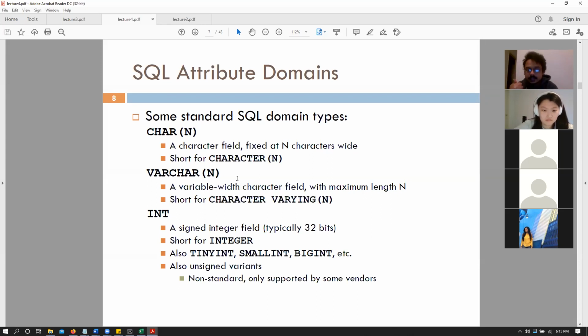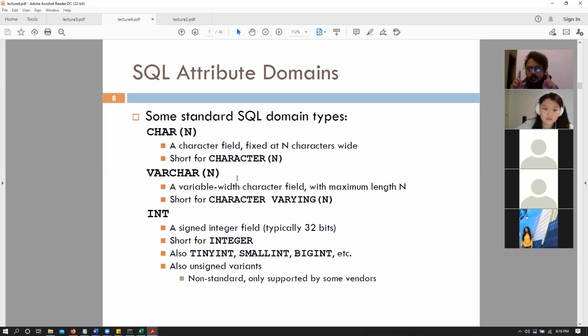However, if we are using chars, that means that, let's say that we just have a branch name called, what's the shortest city? Let's go with New York, right? So New York, N-E-W space Y-O-R-K. So we have 8 characters in our branch name. If we are using char as our domain and we say that it is char 20, so n is 20, char is going to pad out the remaining characters with spaces or null bytes because it needs to maintain a fixed 20 character width for all values.